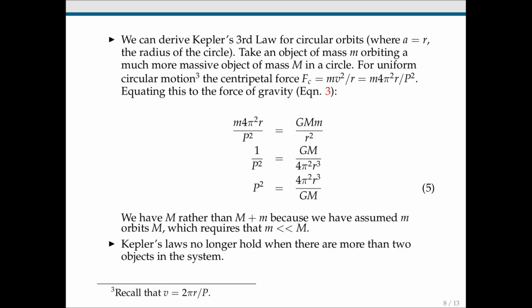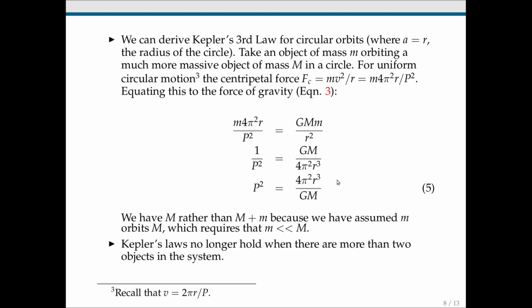This is a uniform circular motion, so we need a centripetal force to keep little m in its orbit. And the centripetal force necessary is given by this expression here. Now, in this situation, the centripetal force is provided by the force of gravity. So we equate the centripetal force to the force of gravity. We then do a little bit of algebra, and out comes equation 5, which looks nearly identical to equation 4,